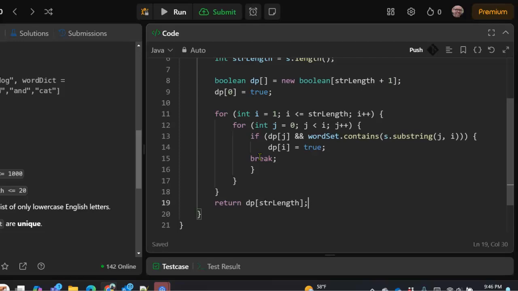We tabulate the breakpoints. Anytime we find a breakpoint, we set it to true in the DP array, and if we can get all the way to the end and set the last index to true, then we can split the whole thing up, and that should return true.